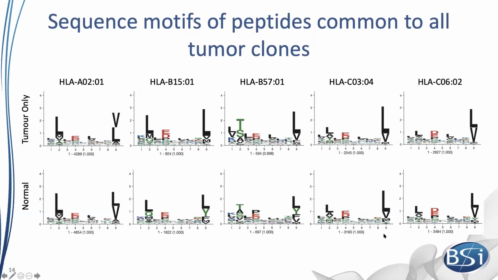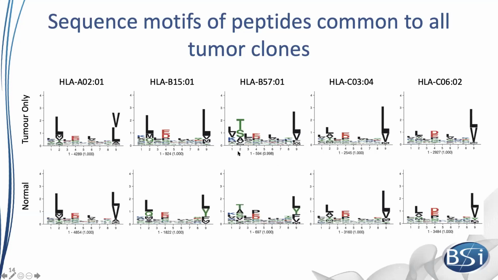I then went on to use the MixMHCpred tool to generate sequence motifs for each of the HLA alleles expressed in this patient sample. And so the tumor-only peptides fit nicely to each of the sequence motifs for these respective alleles. And for the most part, they were fairly similar to the sequence motifs generated from peptides from normal tissue, although